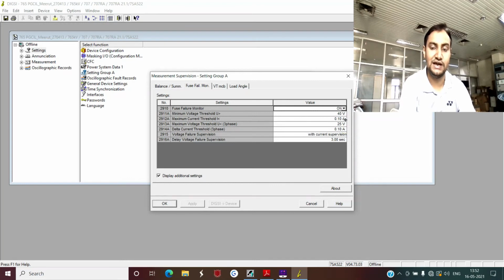What does it mean? When the current in your relay is less than 0.1, suppose this relay is detecting a current in terms of primary as 250 ampere, now 250 is less than 300 ampere, because 300 is primary. So now the relay will see that this current is less than 0.1.